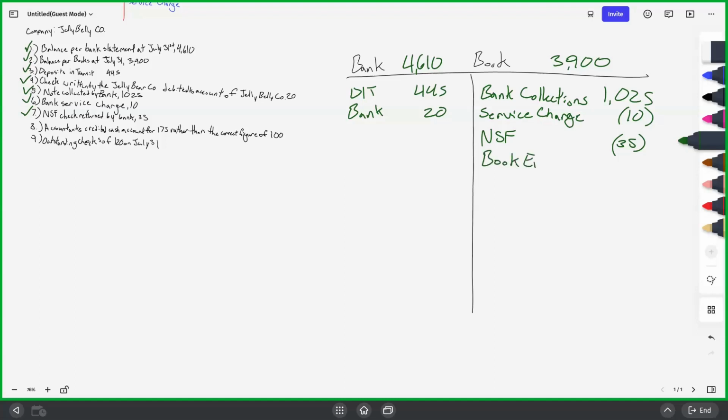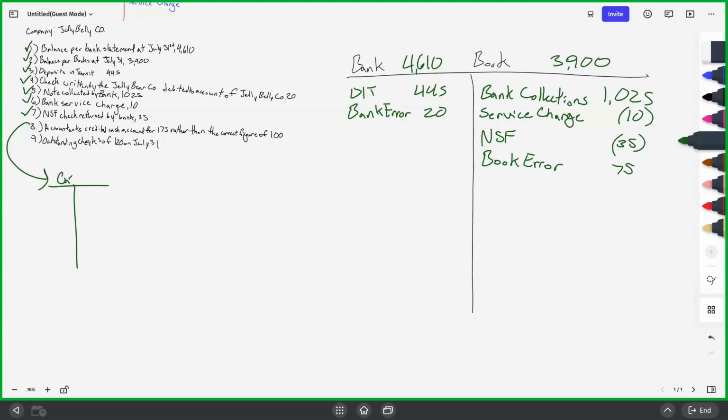I'm gonna take a moment to stick to number 8 real quick, because there's something very important with this and how to figure this out. I highly recommend when you take your test and you see questions like this where it's a book error, don't try to just do it in your head. Use your T charts, T accounts, because they're your friend.